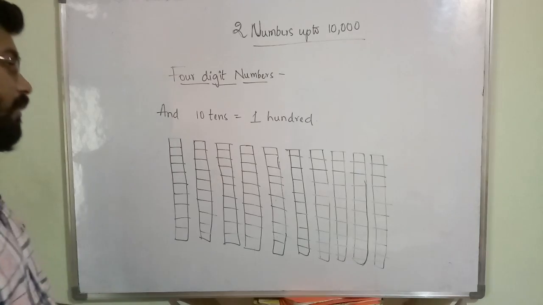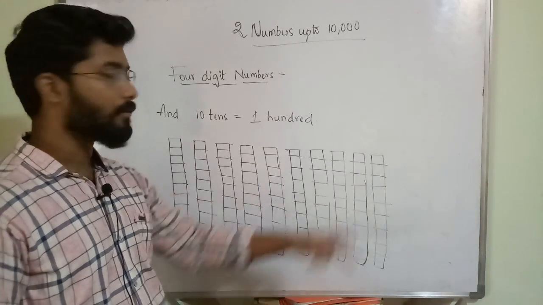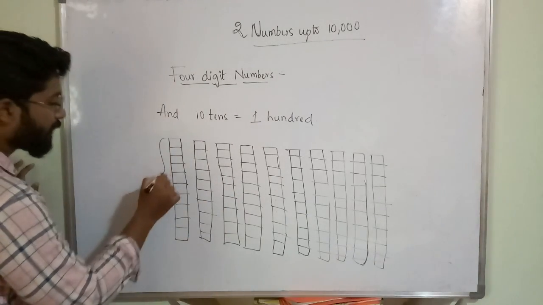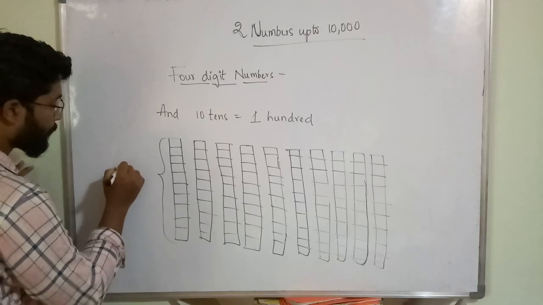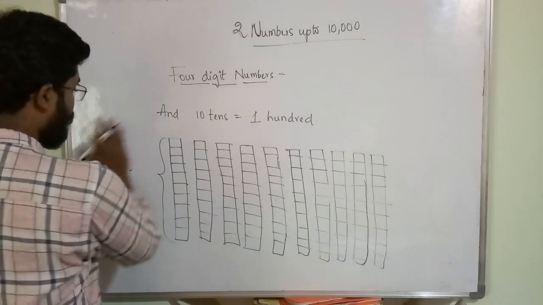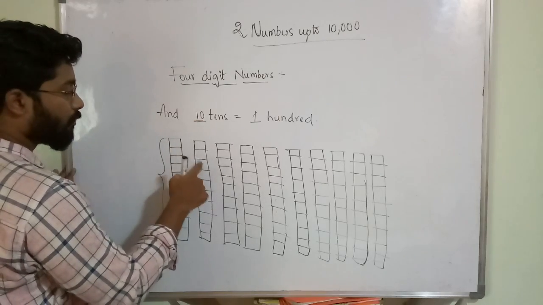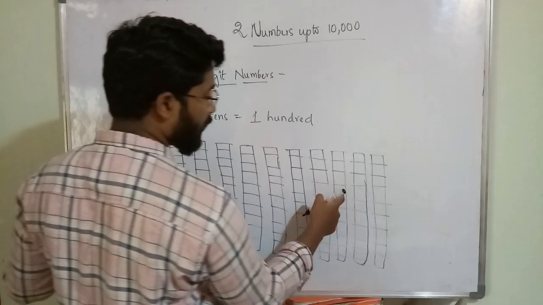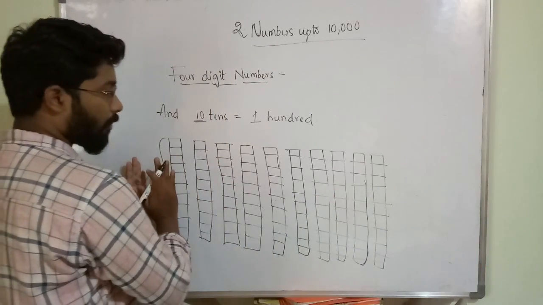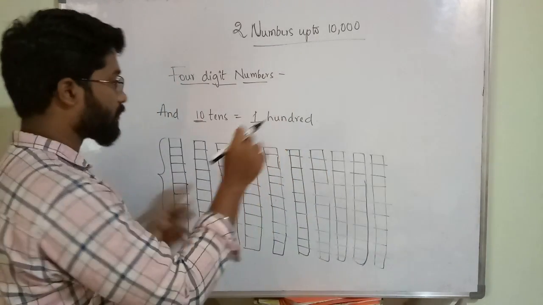So how many are there here? 1, 2, 3, 4, 5, 6, 7, 8, 9, 10. Each is containing 10 smaller boxes. So each unit is how much? 10. So like that, 10 tens. What he is saying, 10 means this is a number. How many boxes are there? 1, 2, 3, 4, 5, 6, 7, 8, 9, 10. So this 10 is representing the number of these taller boxes.